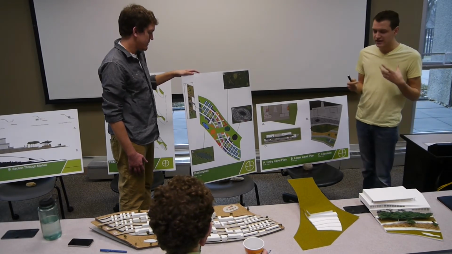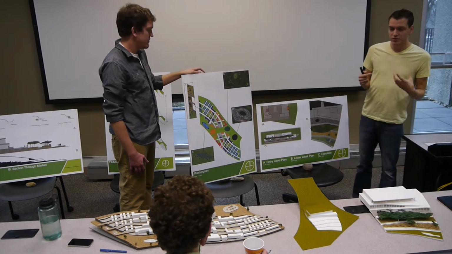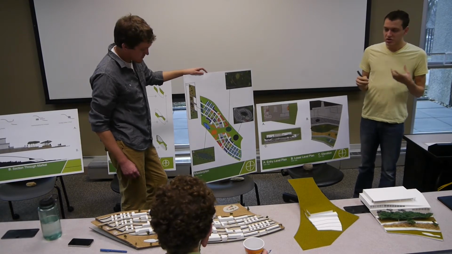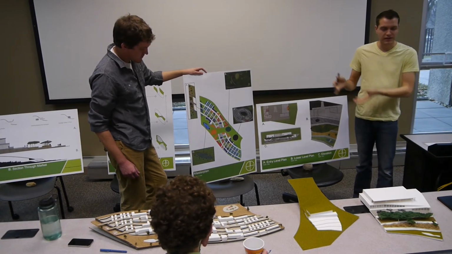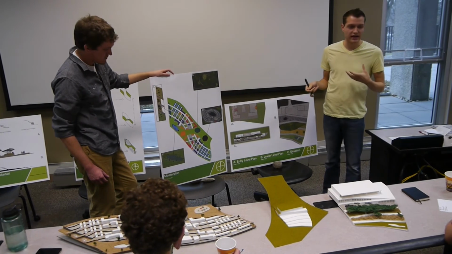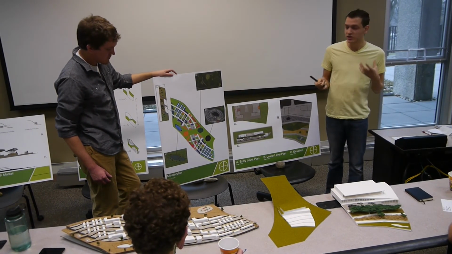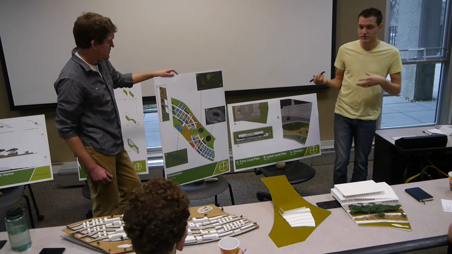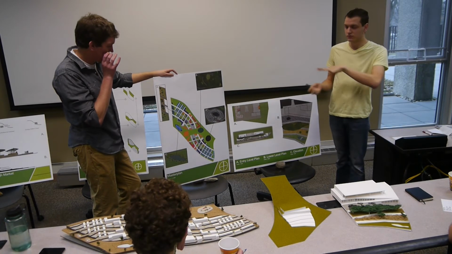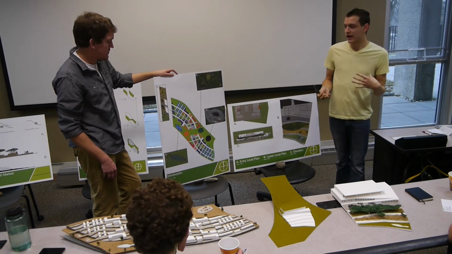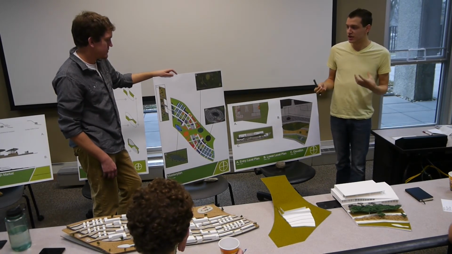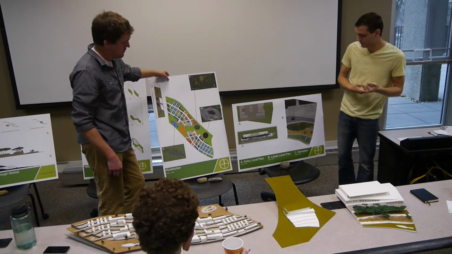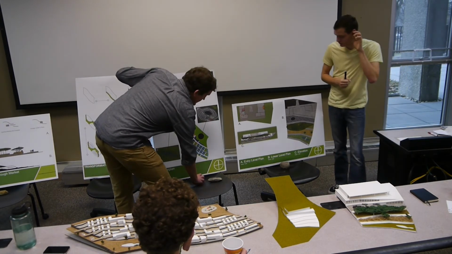Kivu, being a rift lake, is surrounded by a very steep coast. It doesn't have much pleasant shoreline like we're used to here. However, it seems like a crime to put a big body of water and then make it inaccessible, so we made it a large sporting lake that they could use. And then, as I just mentioned, Akagera would be this spillover area, so during the rainy season you'd have this really neat dynamic wetland area, and then when it's the dry season, it would be the savanna aspect.